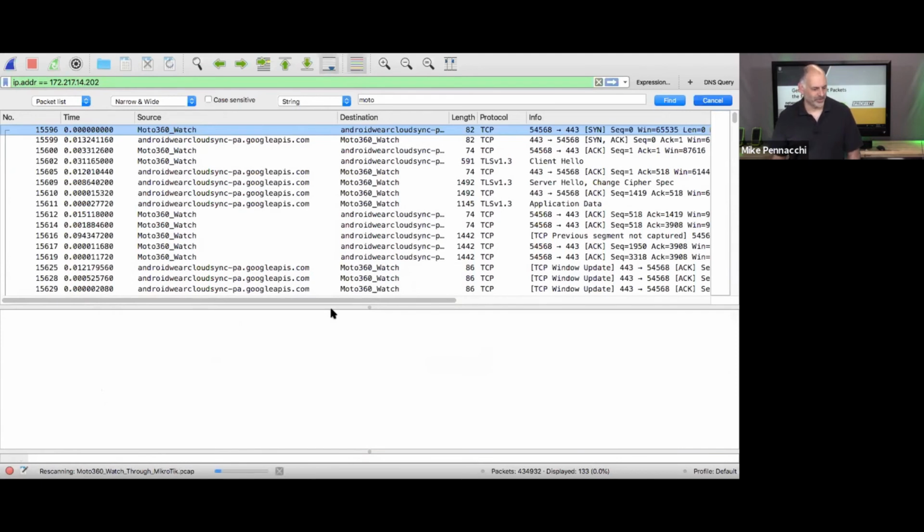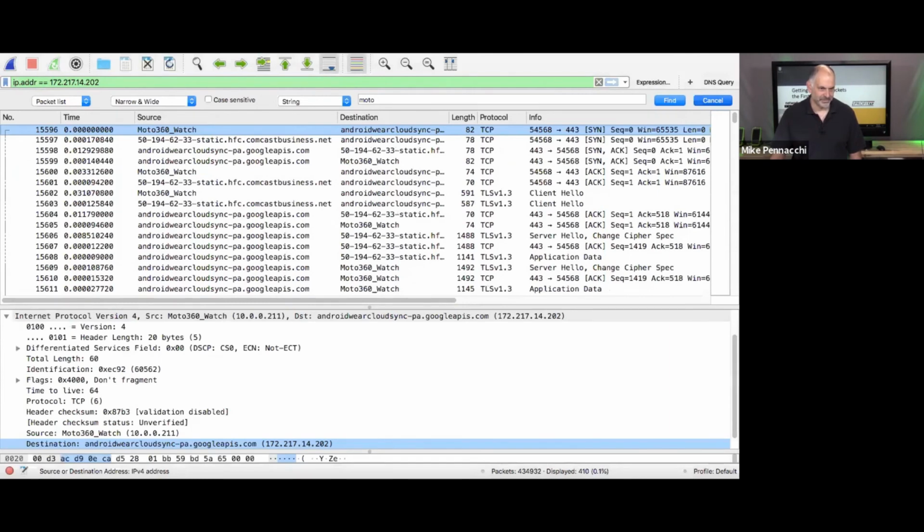So we're going to do one more filter. All right. While we're doing that, aha, okay, here we go. Then I'm going to come back and start talking about questions. Here is where my watch sends the TCP SYN out to the Android Wear Cloud. So there's our SYN. Now, because this is going through a NAT box, and I'm tapped in on both sides